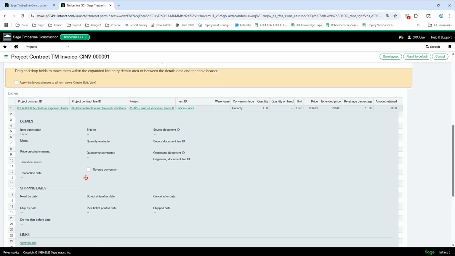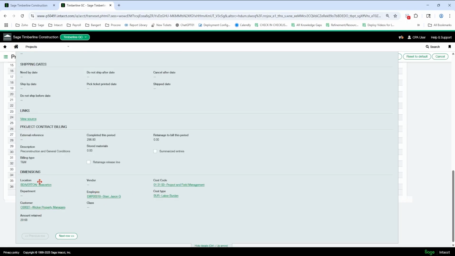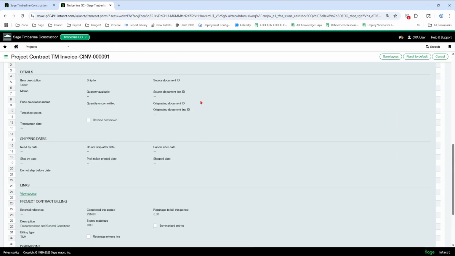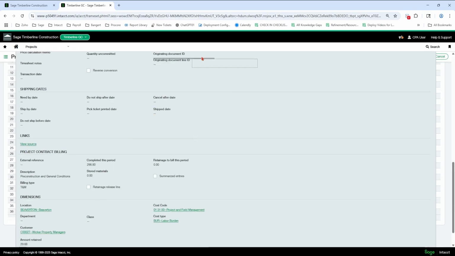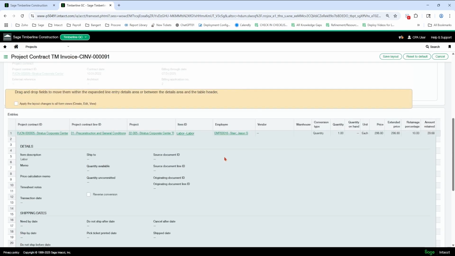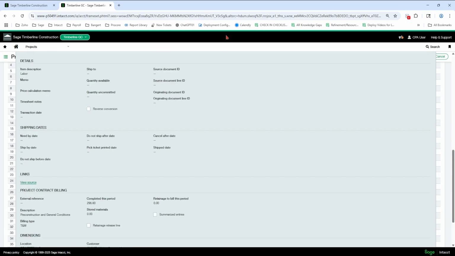I want the vendor to be up here in my view. So down here, I've got vendor and employee that I like to list up in my columns so I don't have to hit show details. Remember, you got to get this gray bar to show. So you kind of have to play with it a second. Let go. And what else? Maybe the cost code. That would be good.